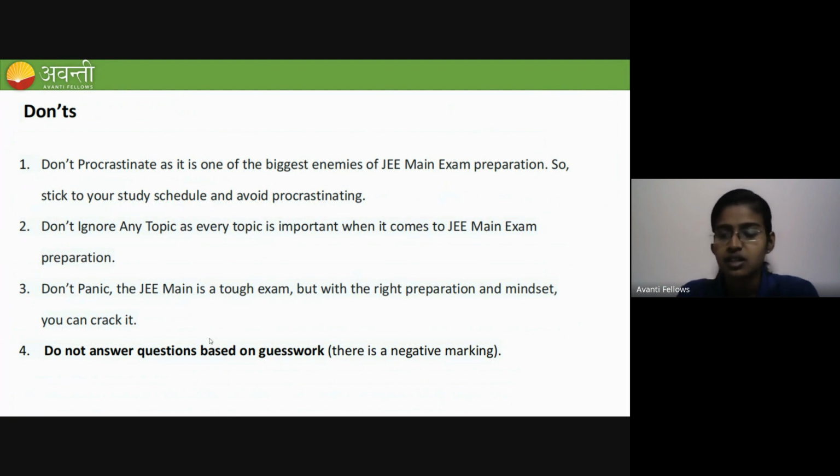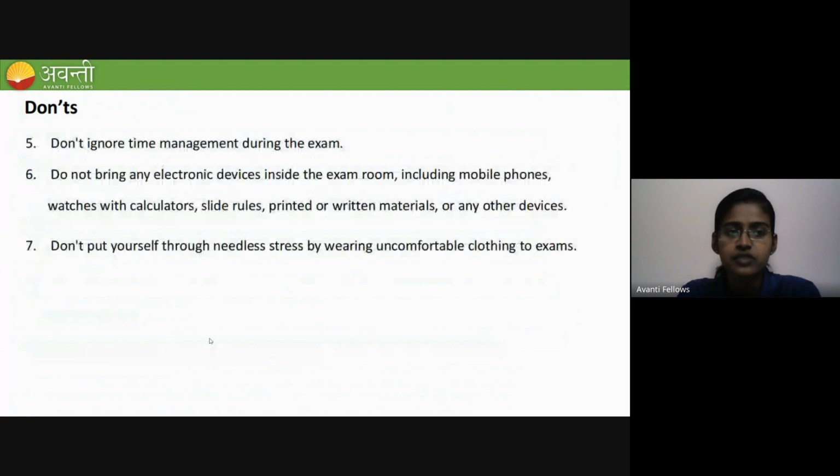Okay. Then the fifth thing is, don't ignore the time management during your exam. Okay. And do not bring any electronic devices like mobile phones, calculators, etc. And don't put yourself through needless stress by wearing uncomfortable clothing. So wear comfortable clothing and go for it. Okay. Don't let those clothes disturb you. Okay. So this is about the do's and don'ts